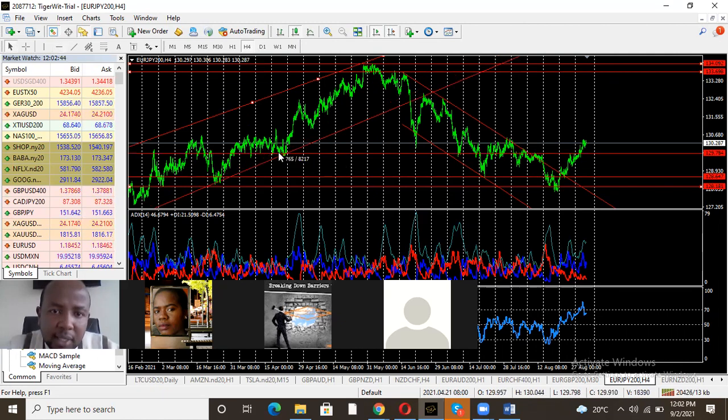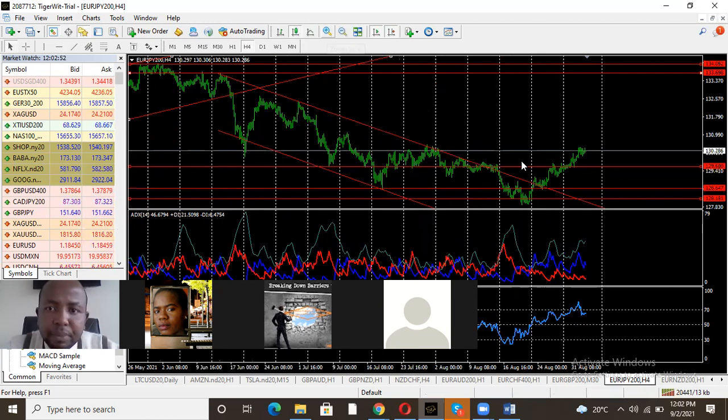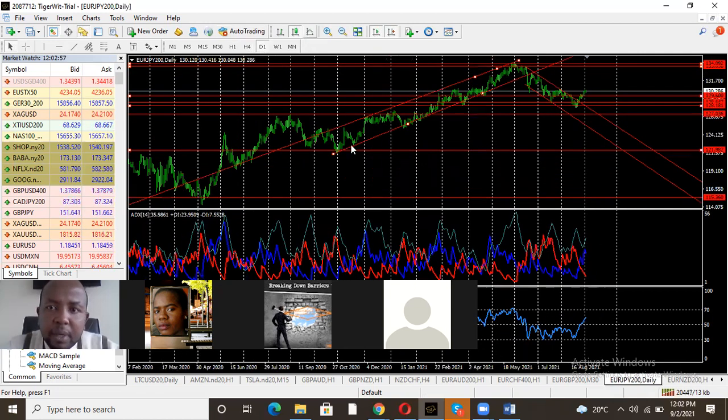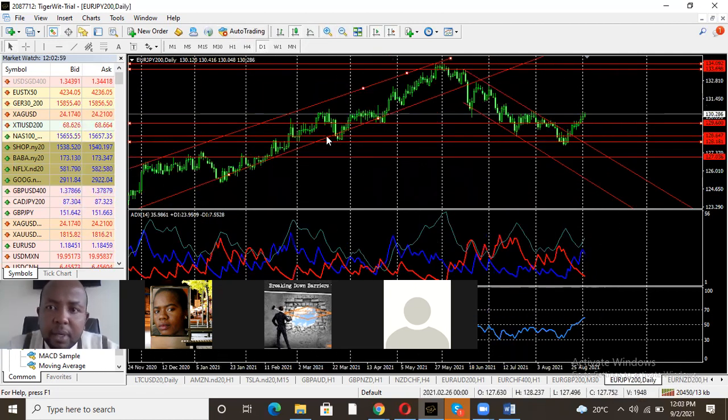So for you to understand support and resistance, all you need to do is check how many times it has been retested. Now I'm going to zoom in. So you check how many times. If it's retested more times, especially on the longer time frame, look at D1 now. So this is strong. This was very strong because it was retested 1, 2, 3 times. If it's retested more than 2 to 3 times, now it becomes valid to be a support. Same case with the resistance up there.